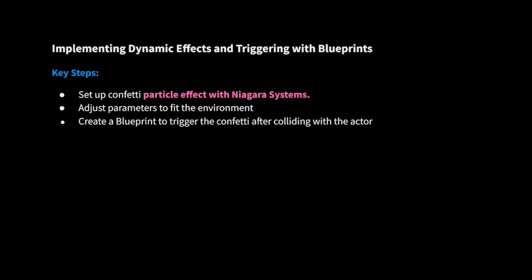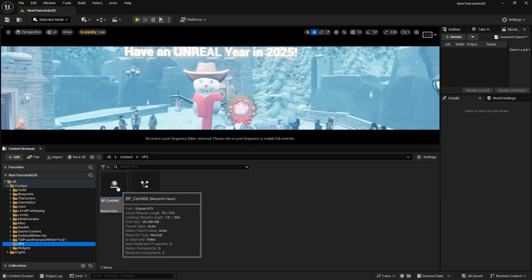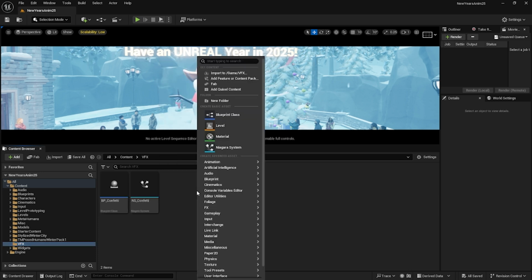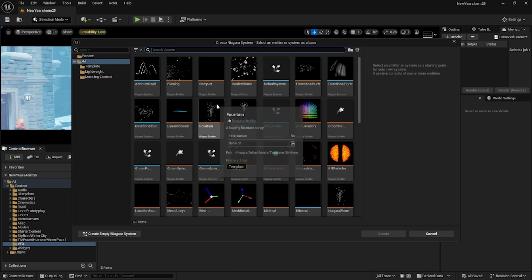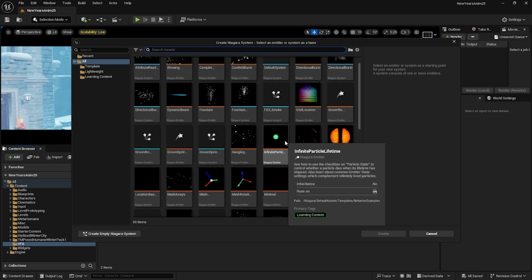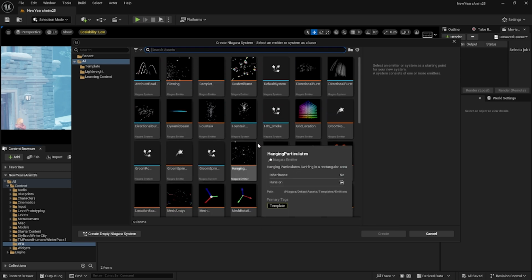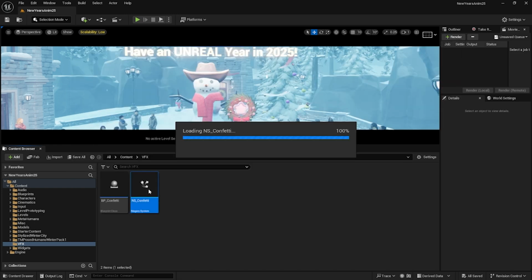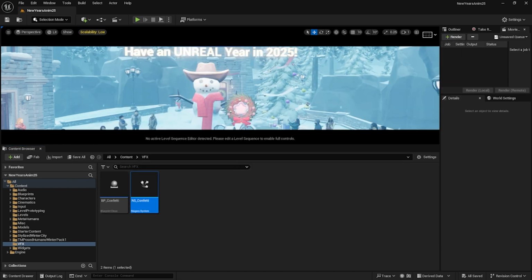You can either activate it from the sequencer, or you can create a blueprint to trigger the explosion of the confetti after the player collides with it. I have created two systems. One of them is a Niagara system. You can basically right-click and select Niagara system, and there you can select one of those templates. In our case, I have used the confetti one. Confetti is here. Once you open this Niagara system,